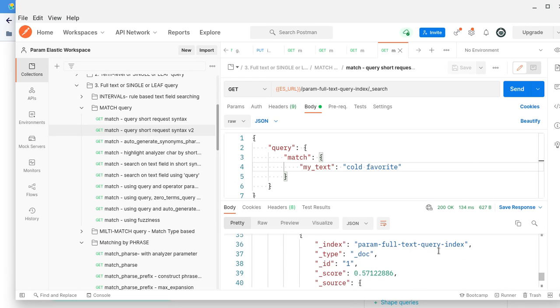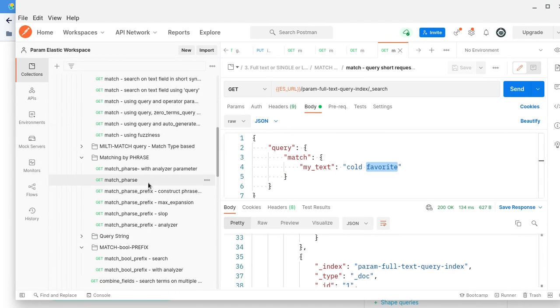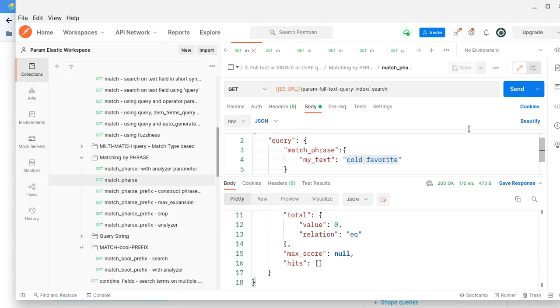Yes, you can see, right? Here I got the result because it will check each separate term. But match phrase does not. It will check for the entire query. That is the difference. Here match phrase does not